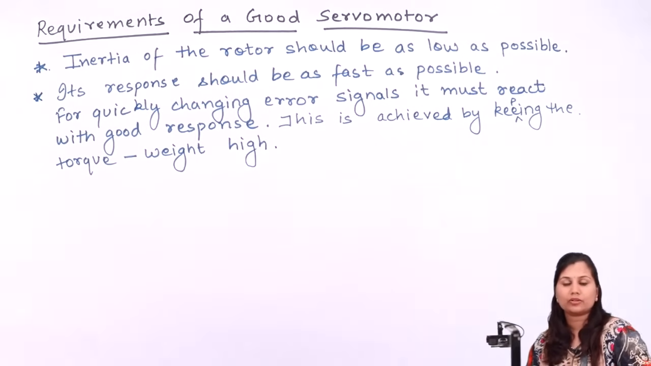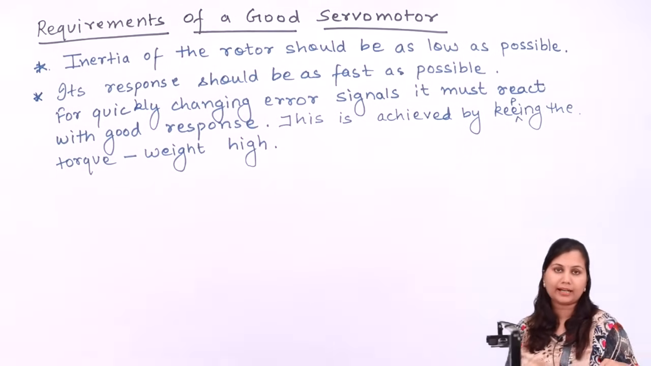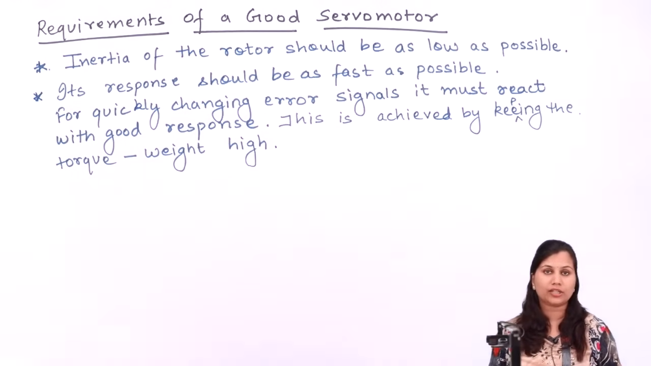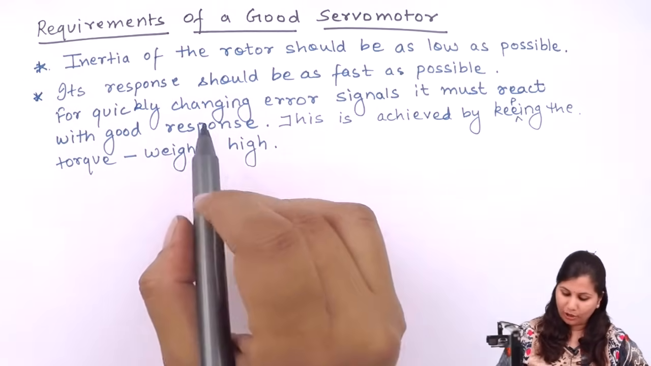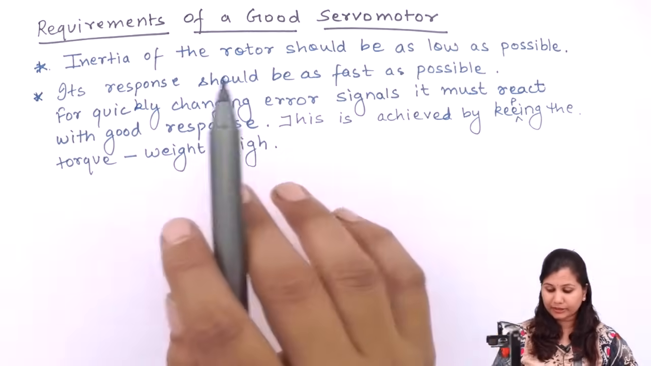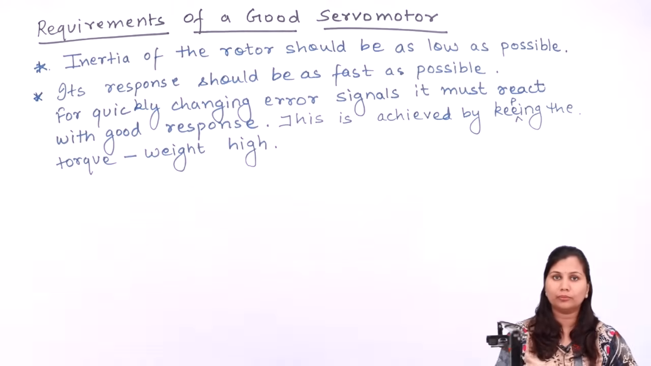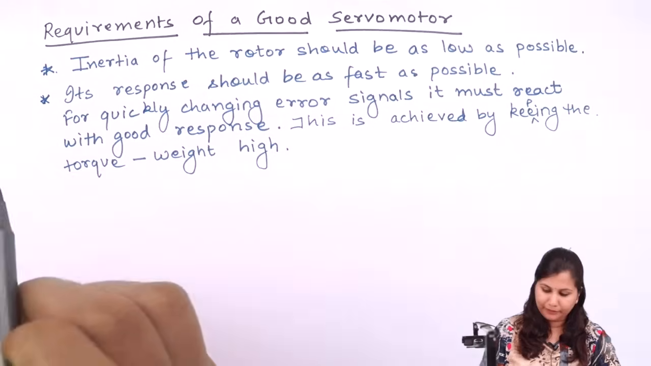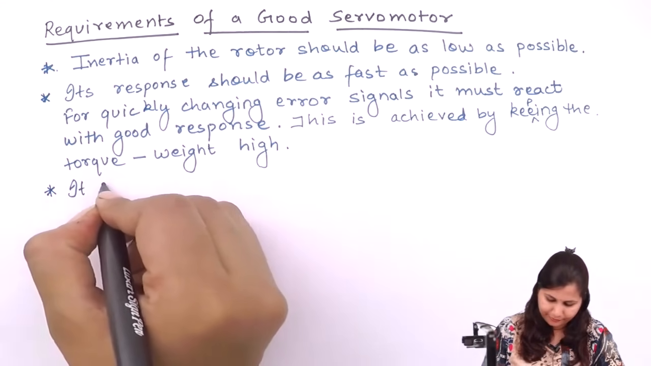So the response of the servo motor should be as fast as possible. It means that if the error signals change their nature, the servo motor should react very quickly with the change of the error signal, and this change in the error signal should not affect the performance of the servo motor. Now the third requirement of a good servo motor is that it should have